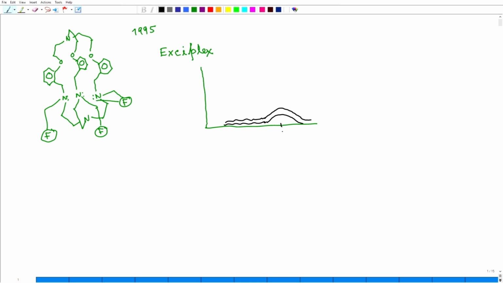So, this is around 520 nanometer. I get a broad band signal. And what is the origin of this? The origin is that the excited state fluorophore interacts with this nitrogen lone pair,